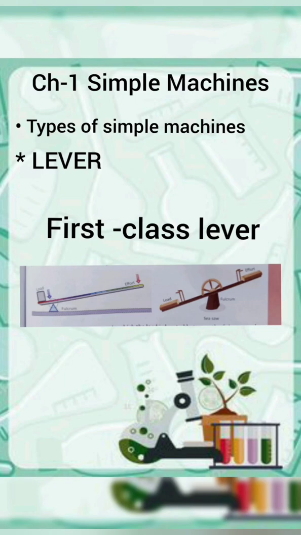So here very first we are having lever, which is a simple machine. It is a bar or rod that is arranged in a way to turn or move about a fixed point. It is also having fulcrum, load and efforts, right? So here you can see first class lever. In this, levers in which the fulcrum is located between the load and the effort are called first class lever. Okay. So some common examples are seesaws, crowbars and pliers. Let me tell you, you all must practice each and every diagram related to this chapter.